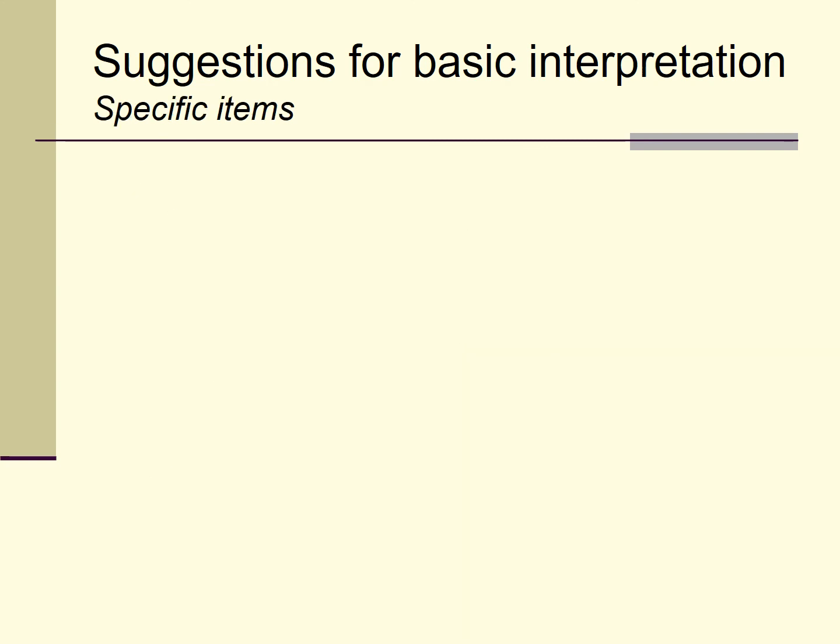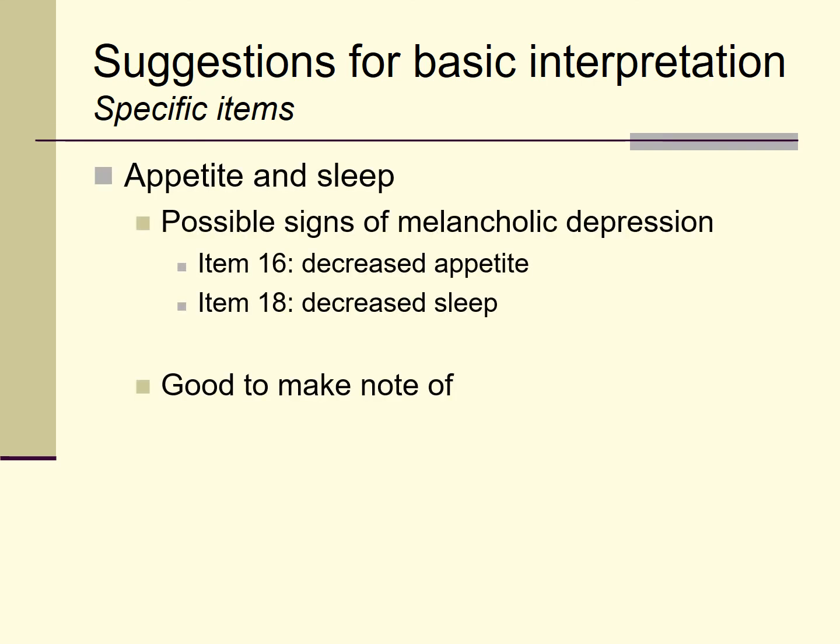So far we've talked about the most global kind of general point, which is total score, moved in a little bit deeper to talk about cut scores, moved in even a little bit deeper than that to talk about factor scores. Now, at the very tail end of this lecture, I want to talk about specific items. I noted these already, but I'm just revisiting them at this point. Two items that clinicians often pay a lot of attention to are item 16 for appetite and item 18 for